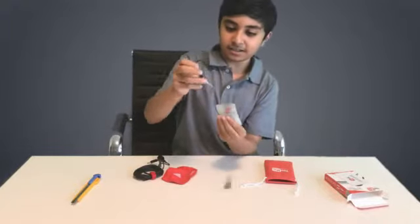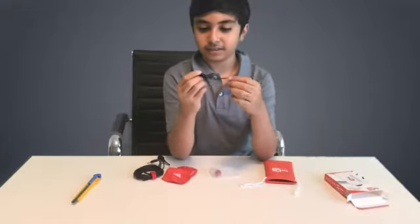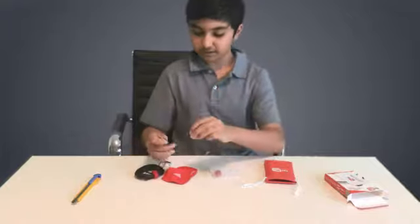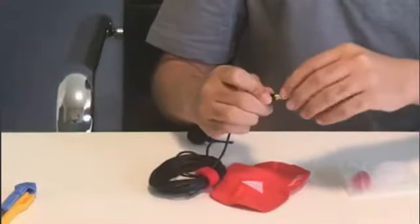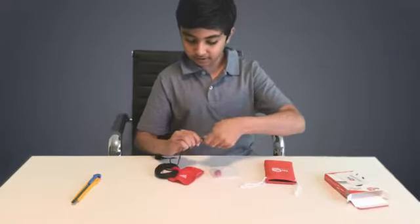So let's see. Okay, so this is basically just like an adapter, most likely. Yeah, so this should fit in here. Yeah, like that. So this is just an adapter. Then